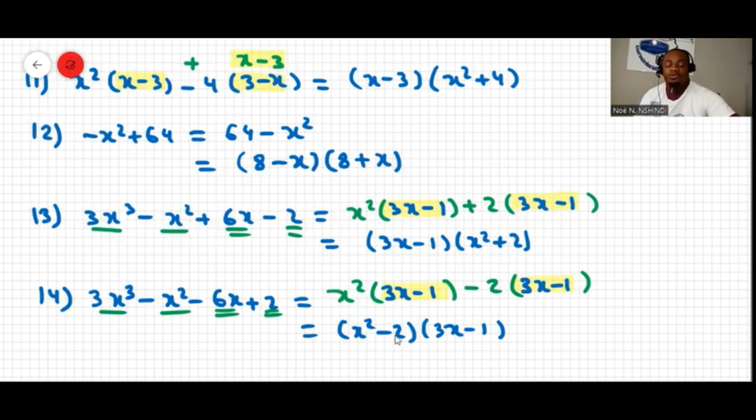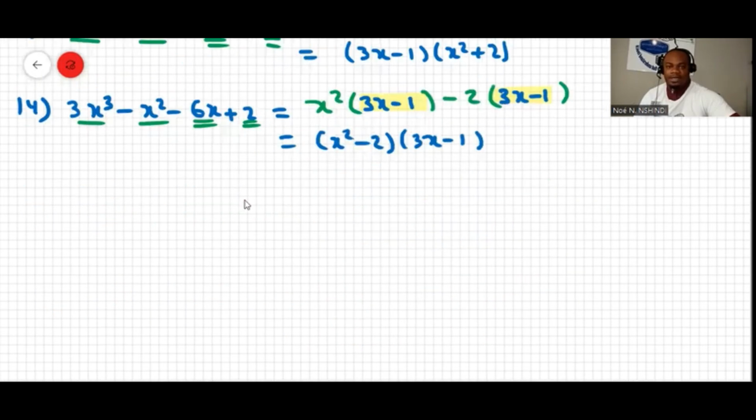Here, 2 is not a square number, so we cannot factorize it as a difference of 2 squares. So we stop there. And then with another question,